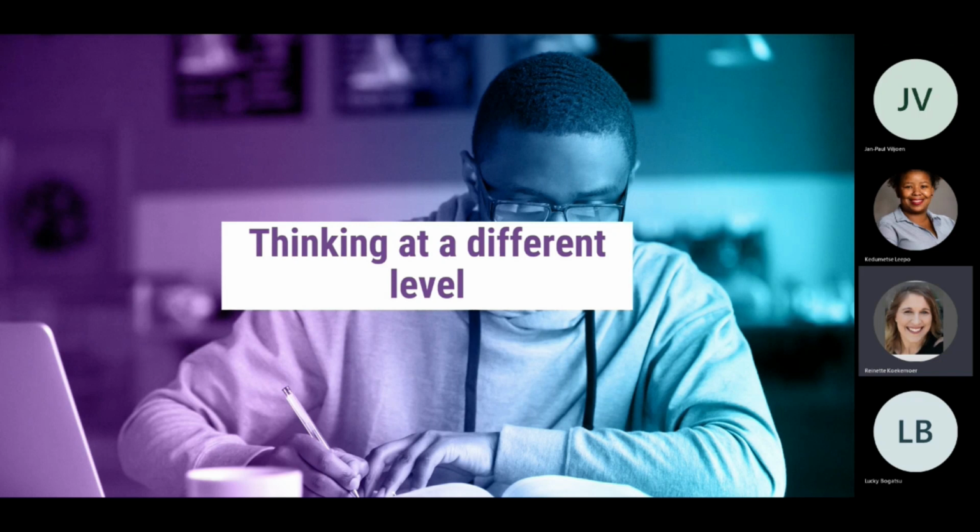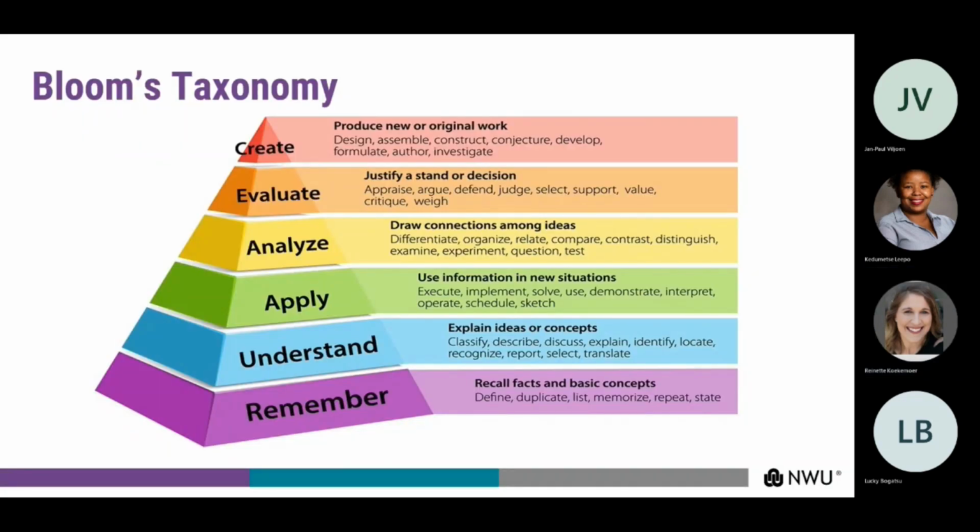An easy way to explain the different levels of thinking that will be required of you, we are going to have a closer look at Bloom's taxonomy. Bloom's taxonomy indicates the levels of thinking and what action verbs are used to test what. It is important for you as a student to know what is expected of you when a specific action verb is used in a question or an assignment.